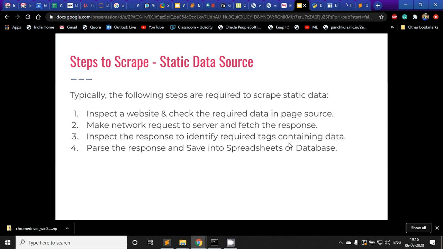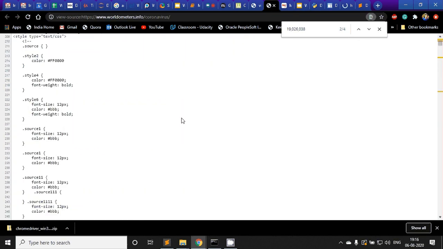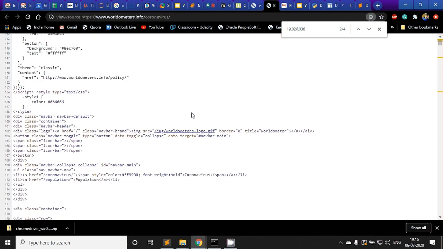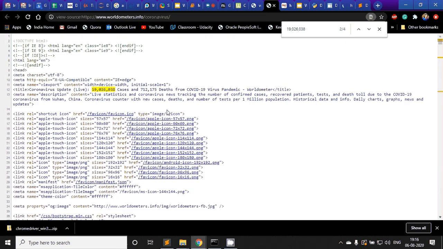I called this page the page source, whatever is written here. And let me introduce one more term, response. This page source you are seeing here is the response which was generated by the server of Worldometers and sent back to the browser for you to view.